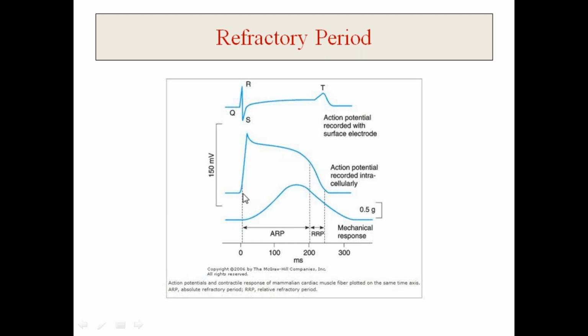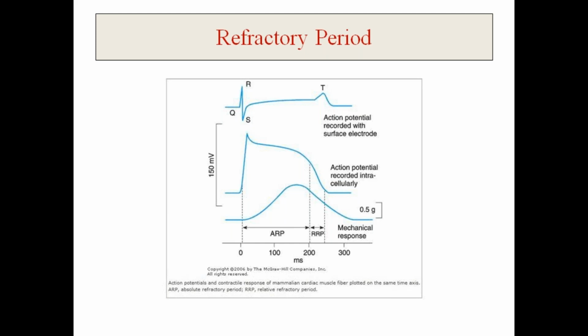Now, if you see the absolute refractory period of this action potential, it will include depolarization phase 0, then phase 1, phase 2, and one third of phase 3. So this is the absolute refractory period. And from phase 3 to the rest is your relative refractory period. Now, we know that in the absolute refractory period, whatever the strength of stimulus you are giving, it is not going to cause any contraction. Whatever the strength of stimulus, it is not going to generate an impulse.